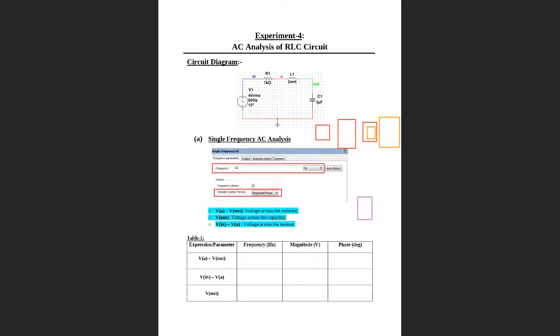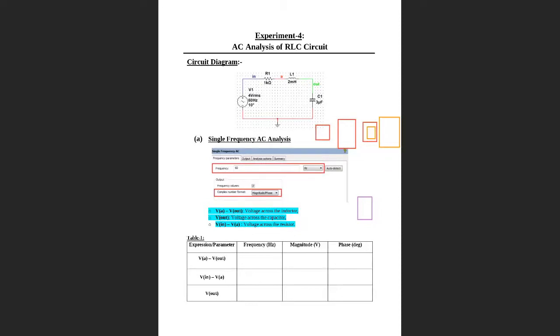So VA will come here. Then functions, we have to use minus, plus, addition, subtraction. You can use anything, but as per the experiment, we are supposed to use minus. So select minus, copy function to the expression. So minus will appear here. VA minus V out. So select V out, copy variable to expression. VA minus V out will be here. Understand? So click on OK. You can see that for the analysis, VA minus V out is available. Okay. Check.